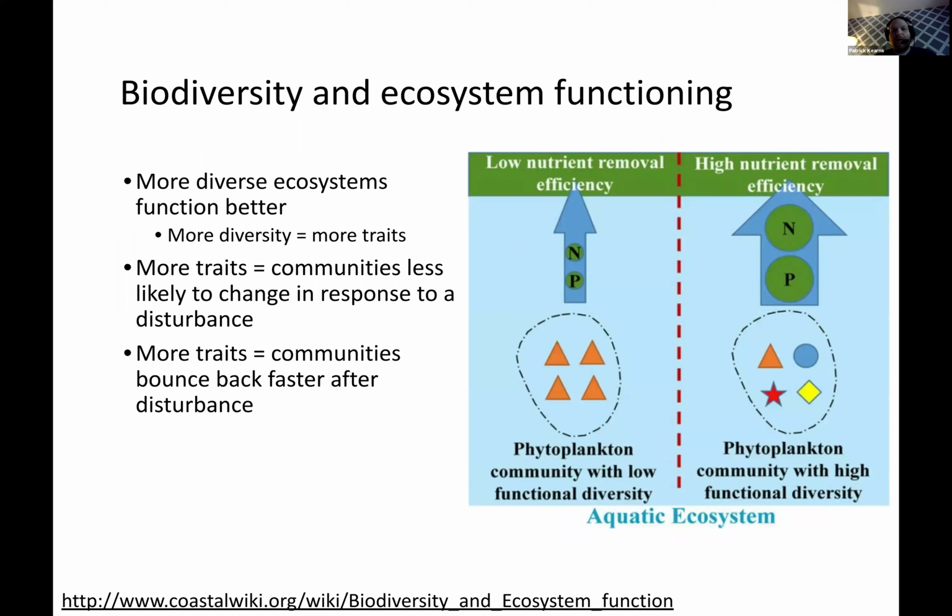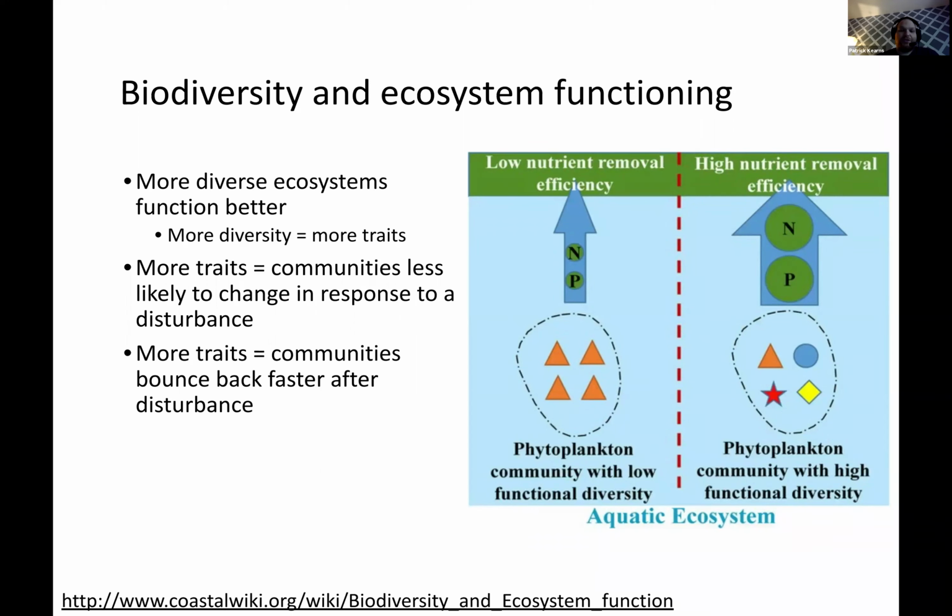But before we move on, I just wanted to make note of this really interesting concept in biology that we observe. We talked briefly about biodiversity last class. And remember, biodiversity is simply how many different living things you have in a given area, or maybe even the planet as a whole. And we have what's called ecosystem functioning. So again, it's the same thing as ecosystem integrity, just how the ecosystem is doing what it's doing. Now, an interesting factor that we notice in nature is that when you have more biodiversity, ecosystems function better. And the way this works is if you have more diversity, you have more traits.